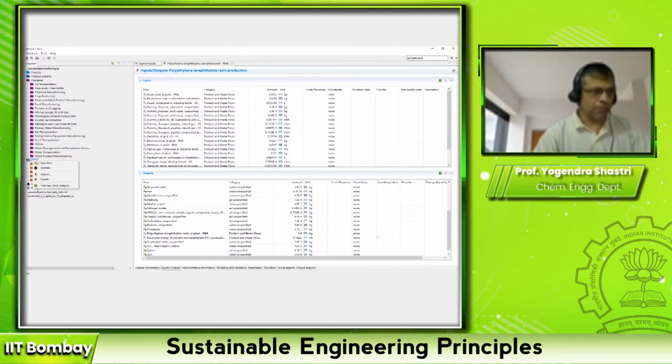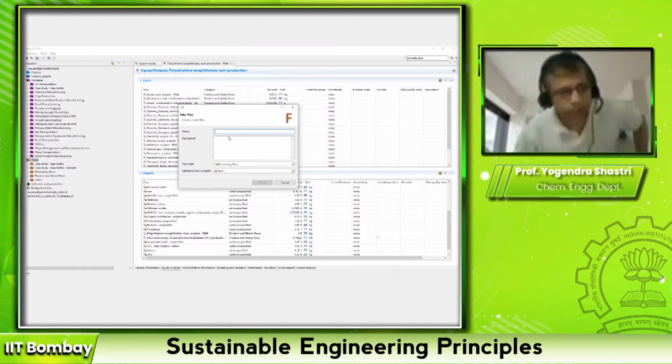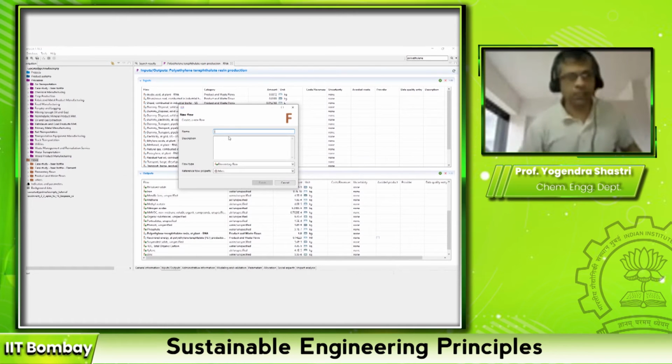The first one is a new flow. So if you want to define a new flow, this is what we need. So you click on this new flow, and it opens up a box to make your entries. So I hope all of you have got up to this point. You're able to see this box.